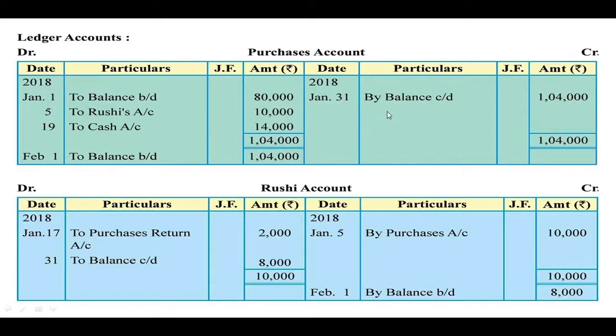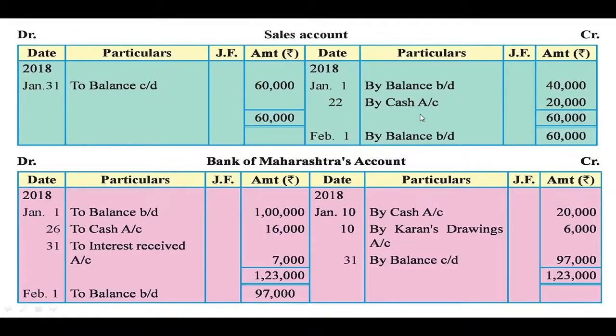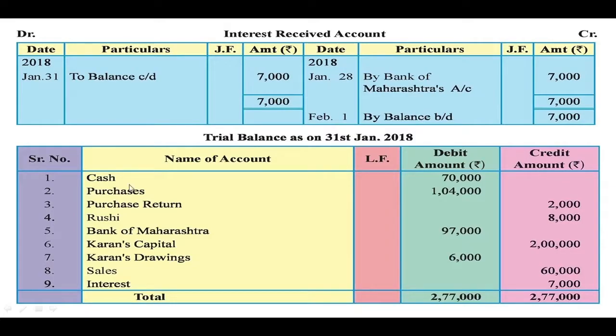Now from the ledger accounts we have to prepare the trial balance. This is the list of ledger account balances. Now you have to check if the closing balance is on the credit side, this amount will be transferred on the debit side of the trial balance. So here you can see purchases is recorded under debit column. So always remember, here also you have to give the opposite effect.